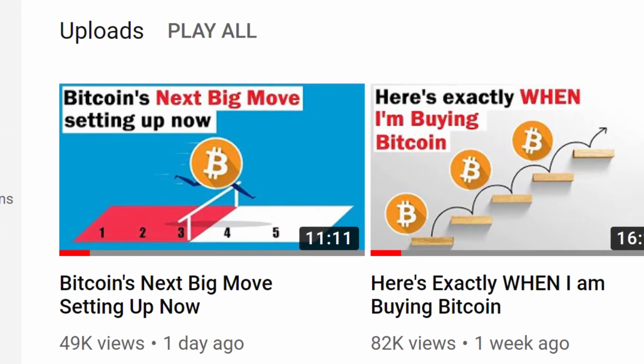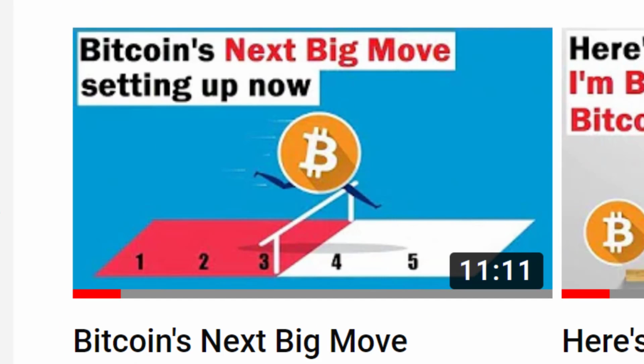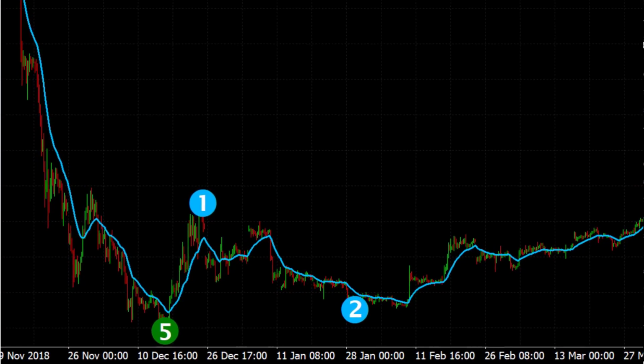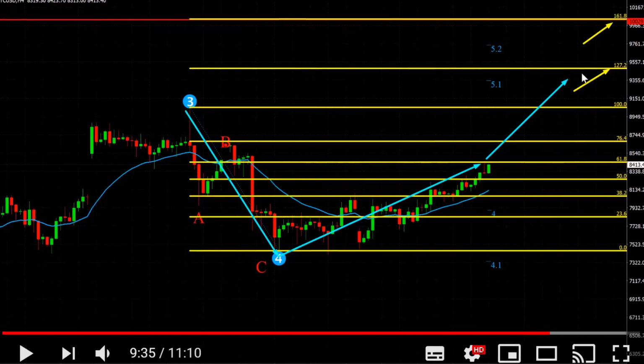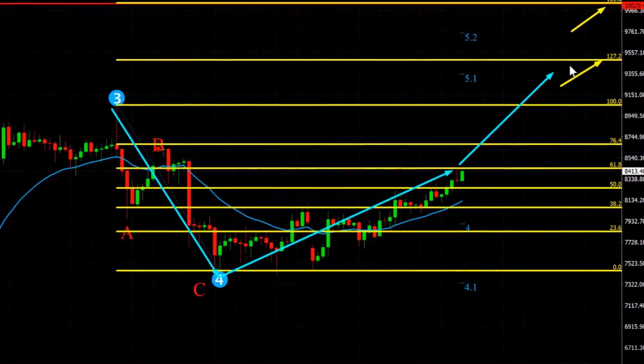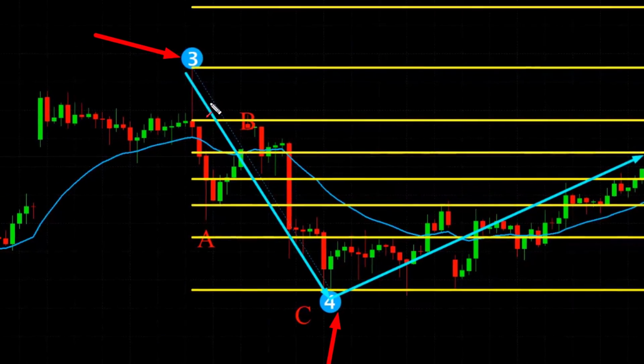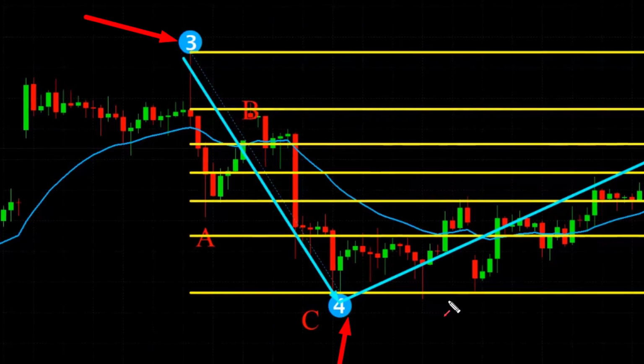You may recall in the video yesterday, which was called Bitcoin's Next Big Move Setting Up Now, I explained that Bitcoin's rally, this parabolic move higher, has potentially been forming a five-wave structure. In other words, we've potentially just completed waves 3 and 4, the previous highs and lows. And I explained to you yesterday that potentially wave 4 has completed a sort of ABC corrective structure, and that